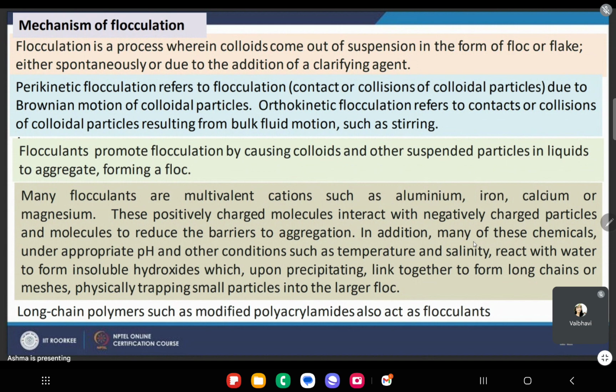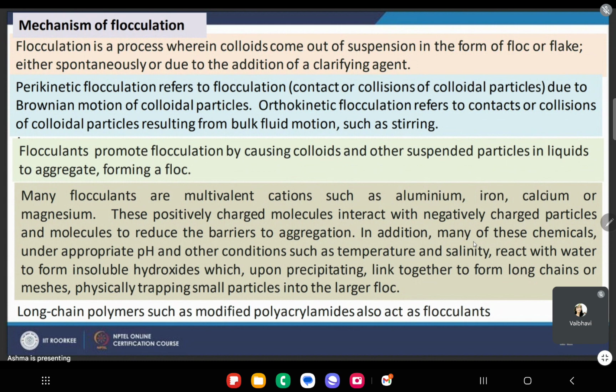Also, there are different mechanisms of flocculation. We can flocculate by charge neutralization, or we can flocculate just by bridging. It depends on what compound is to be flocculated. Next, many flocculants are multivalent cations such as alum, iron, calcium or magnesium. These are positively charged molecules, so these can be used to accumulate the negatively charged particles because of the charge